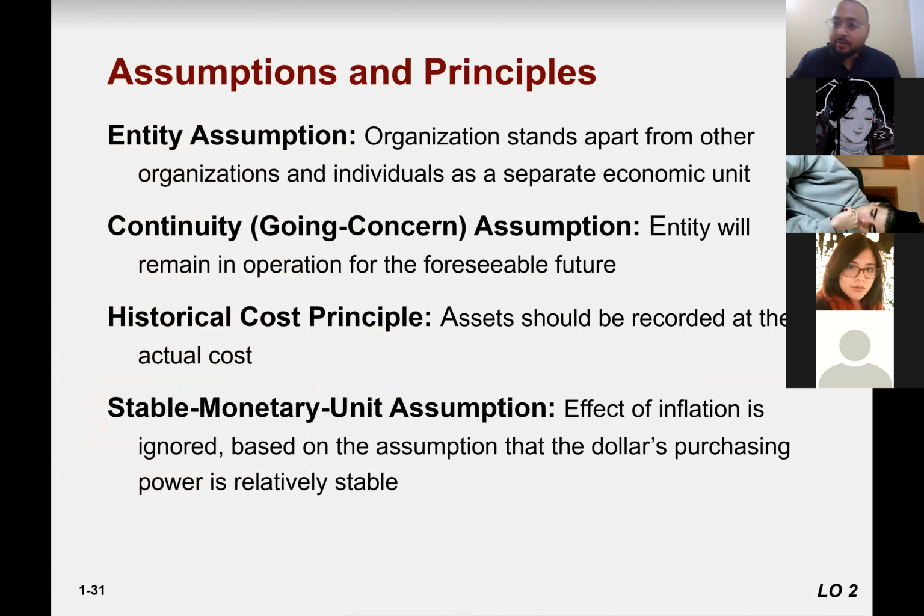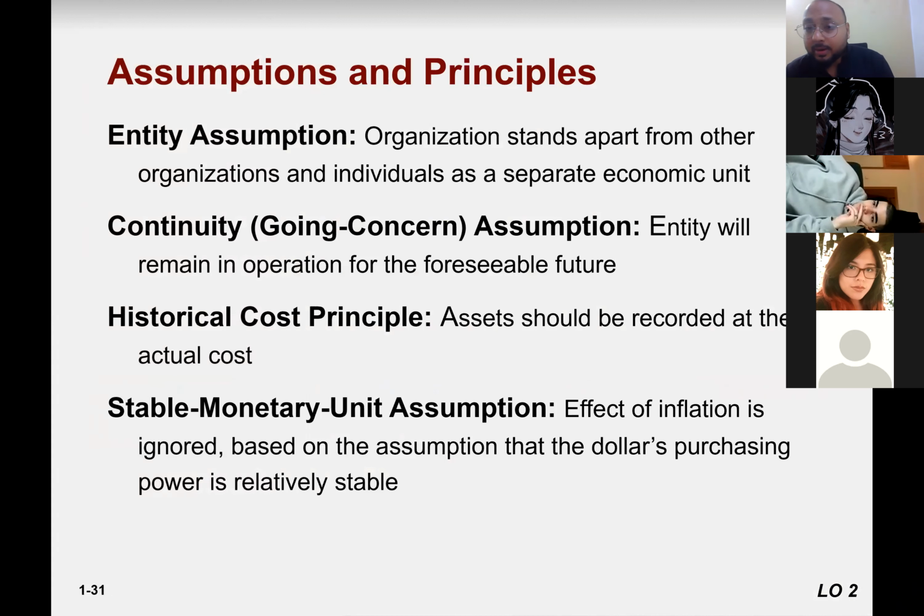So businesses don't die. Owners may die because they can transfer their ownership to somebody else, but businesses don't die unless there is some poor financial condition and the business runs into different kinds of problems and the business itself announces that it is no more, right? Historical cost principle. The historical cost principle is that the things a business owns, which we call assets,